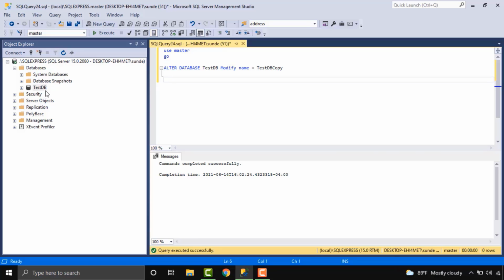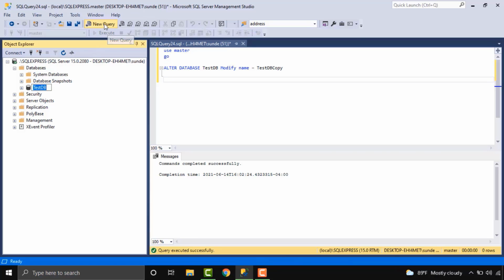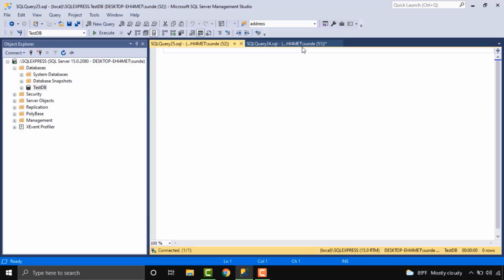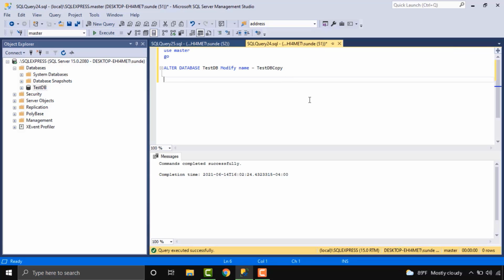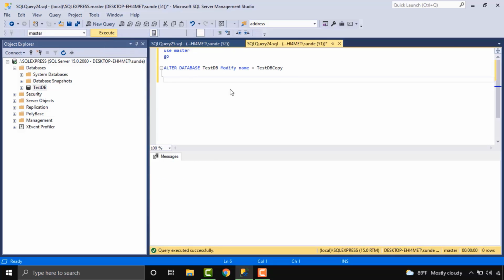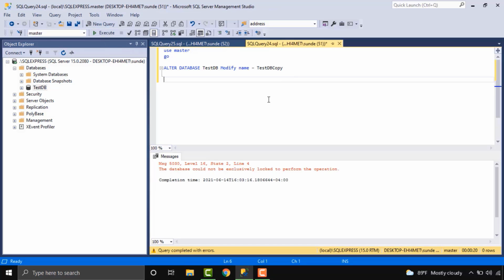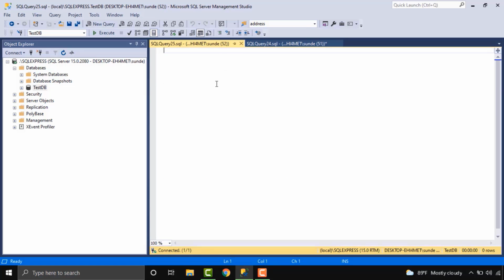If any user or application is connected to the database, we cannot perform the rename operation. Let me run this one. As you can see, the database could not be exclusively locked to perform this operation, because I have opened one more session which is using this database.